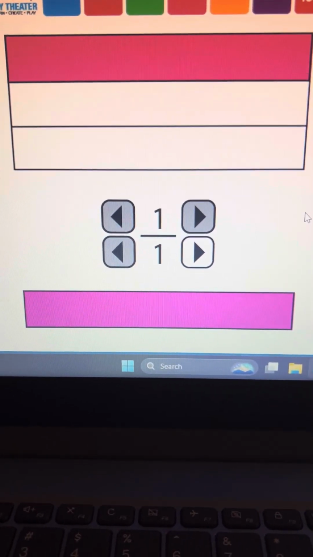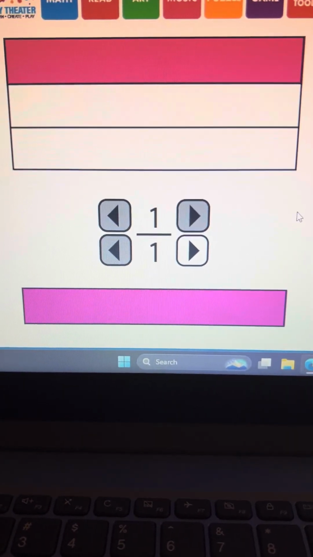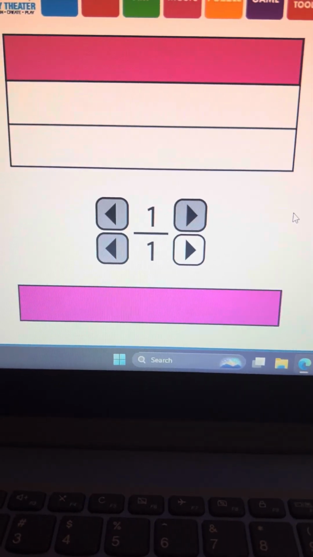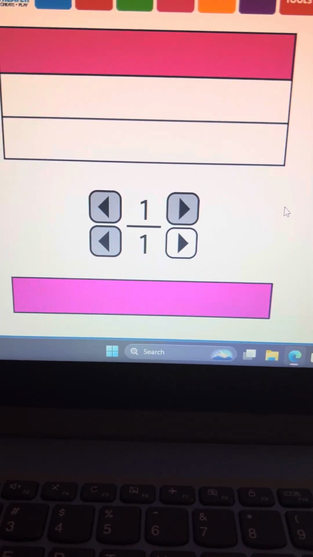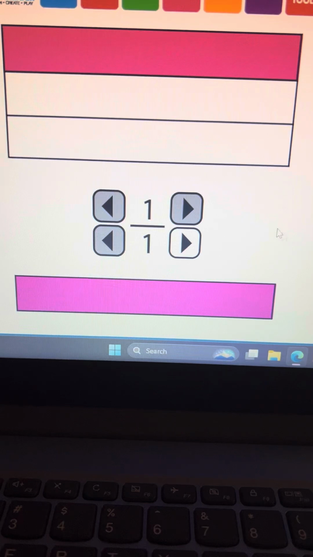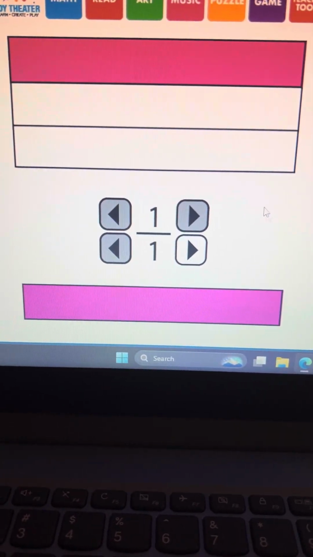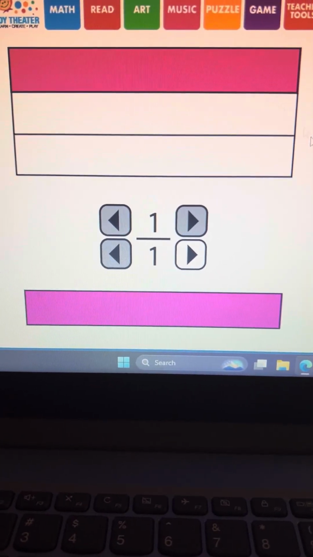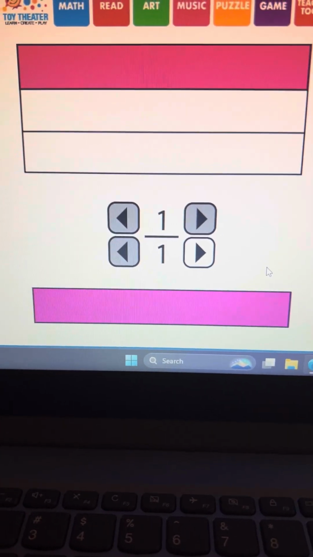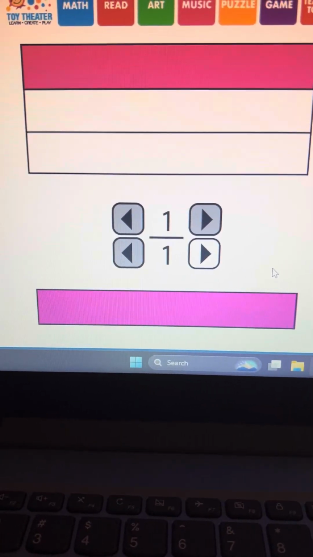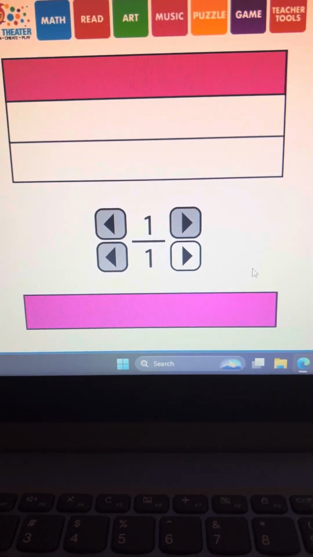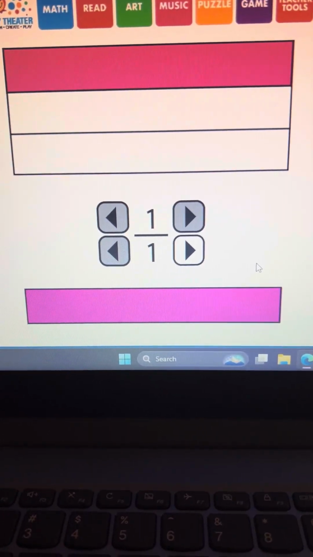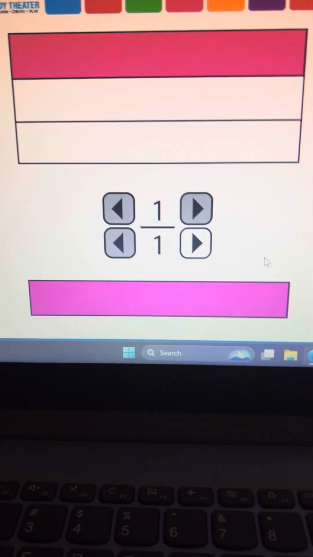Okay, so the manipulative I'm going to be using today is the rods, but since I am doing it virtually, I'm going to be using these fraction strips to represent the rods. The class or the grade that this is meant for is first grade, and the Montana Common Core Standard